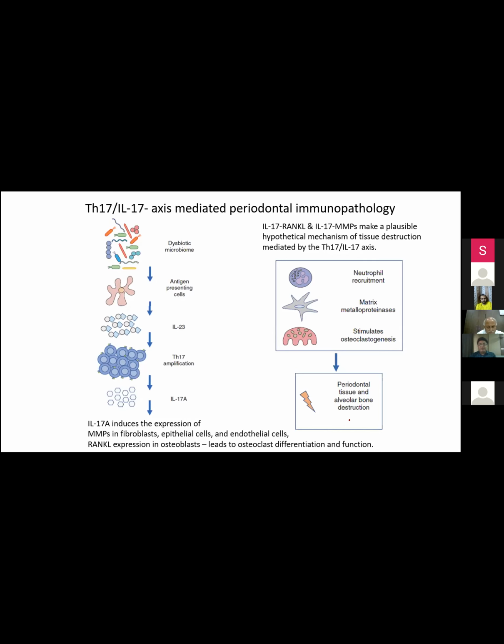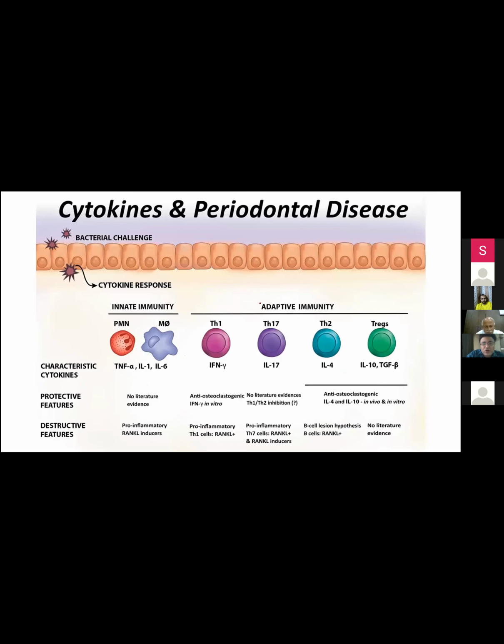Okay. So coming back to the same table, we saw the Th17 IL-17 axis, which is the most important one in causing the destruction. Now let us focus on innate immunity. Here we have interleukin 1, interleukin 6, and tumor necrosis factor alpha. This is what is causing the cytokine storm. Why are we getting cytokine storm in COVID-19? Because innate immunity knows that it is non-specific. It is not specific like adaptive immunity. So it has to do its best to remove the pathogen. So in that, because it lacks in quality, it tries to compensate by increasing the quantity.